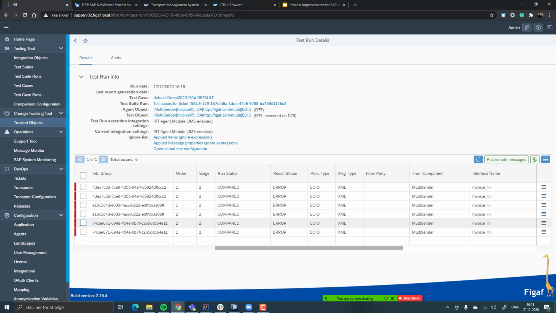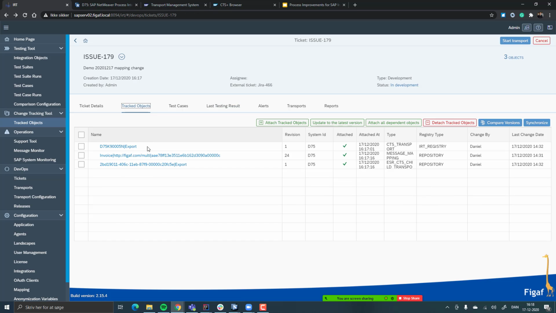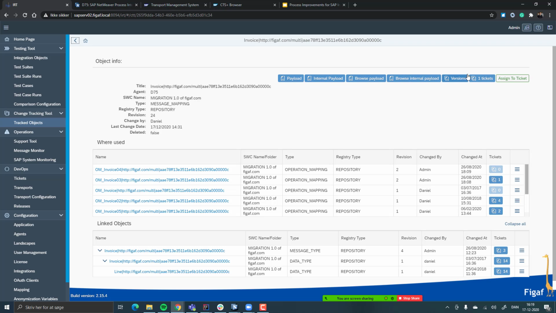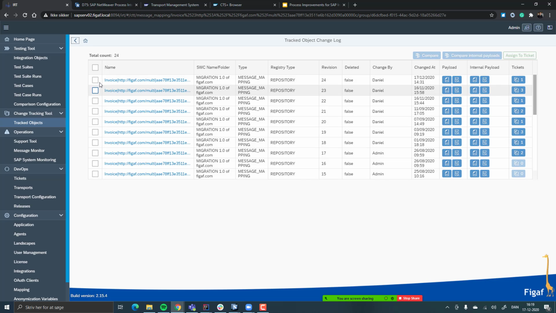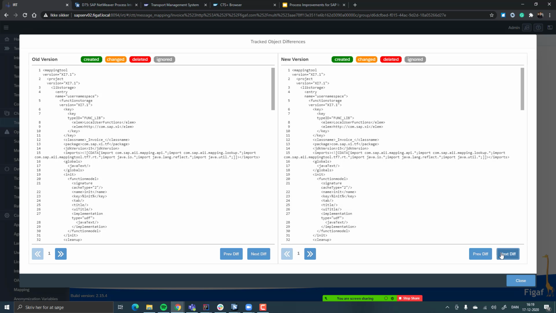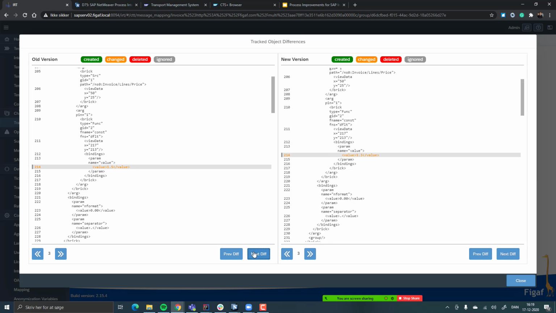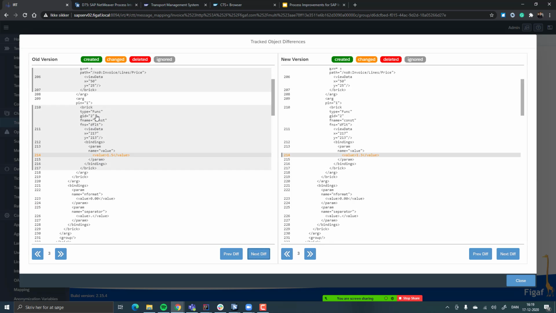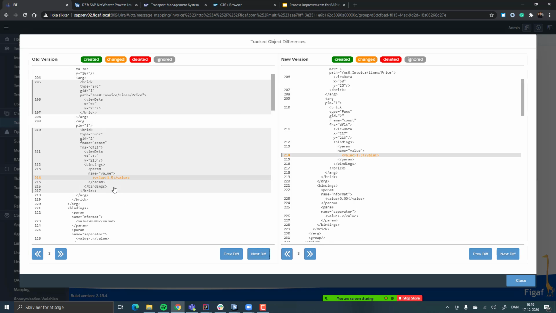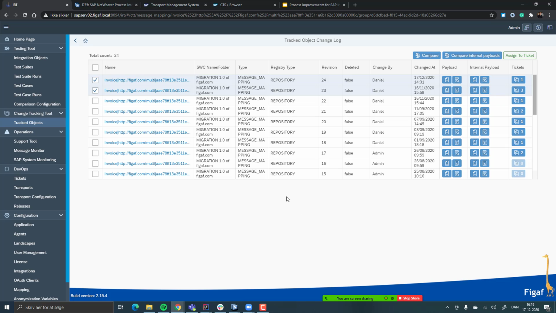Why this is behaving this way. So I can actually go back to our ticket here. We can see what we were actually changing in this message mapping, and we have this functionality for all objects. So we can look here at the different versions and check what was changed as a part of this. Up here we have this internal payload, looking at the mapping file, and we can see here that there was a divide parameter that was changed from 1.5 to 1.3. That means it's expected that there are some differences in these values. Not the best example of a good change, but